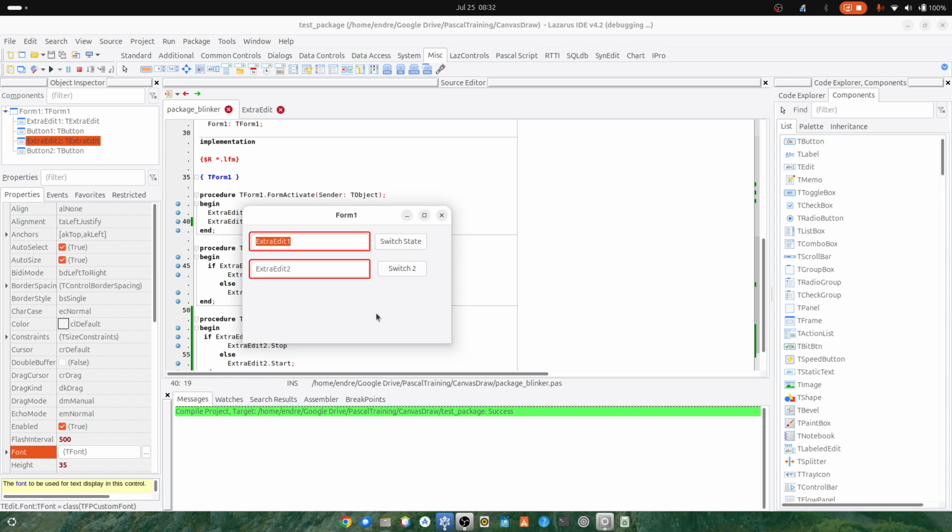So now I have the two edit objects, and as you can see they are blinking as required, and if I'm pressing a button, I'm switching off the blink function, and I can also switch the blink function back to the object. So this is how you can extend a class, extend an object for your own needs, and then you can make it reusable in your application